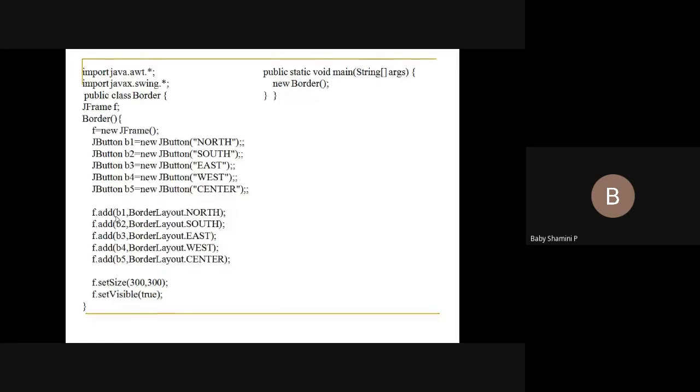So wherever I want to insert a button component, I can insert. In case I want to insert b2 in the north region, I can insert b2 comma BorderLayout.NORTH, and here the name is also b2 equal to new Button("north"). In this way we can change and add components into a certain region. Okay, so this is the first one.